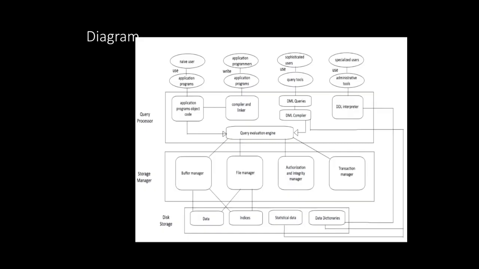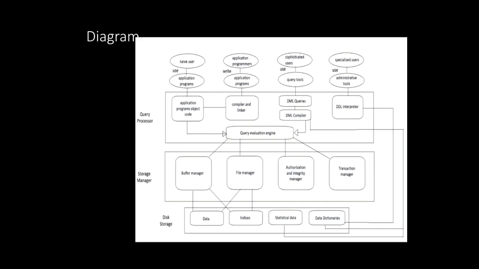Naive users. Who are these naive users? Naive users are the users of web applications or any app users, like we use PhonePe, right? We don't know how the internal code is written, the application programs are written. We don't know all of that internal structure, we just use them. So these are the naive users who use the application programs that are existing. We just use them, no need of any written part or anything.